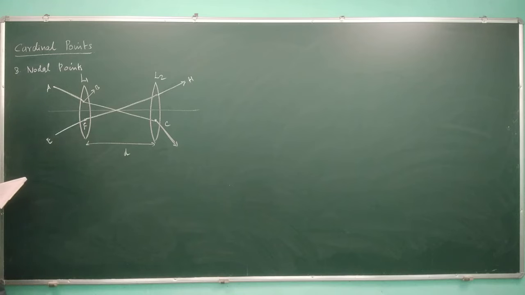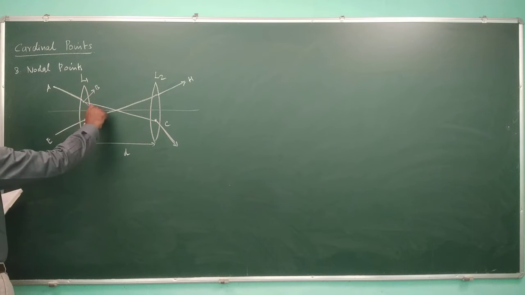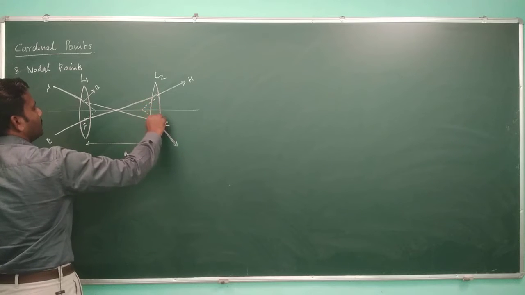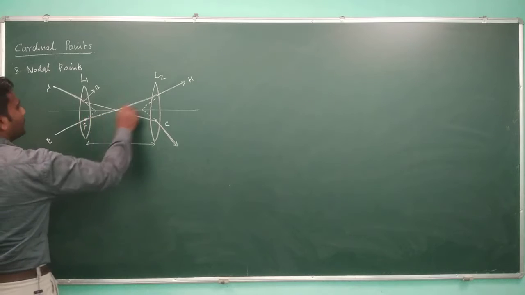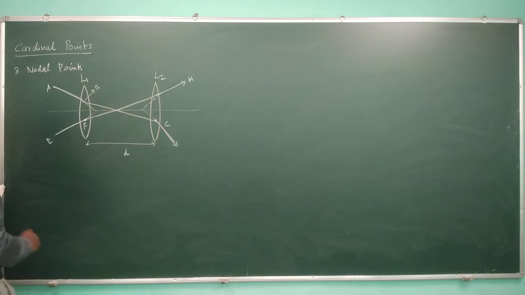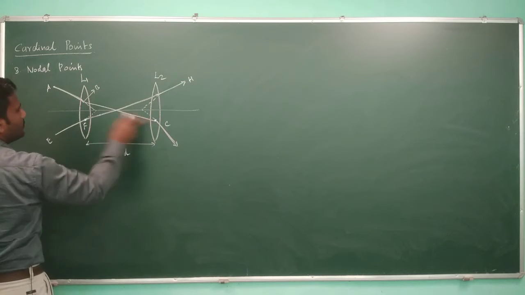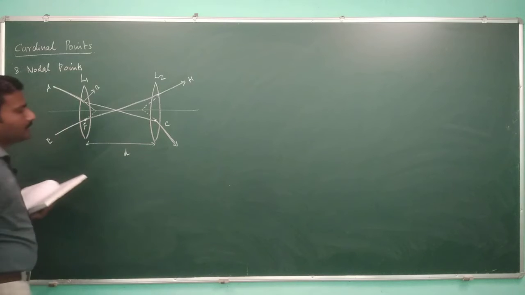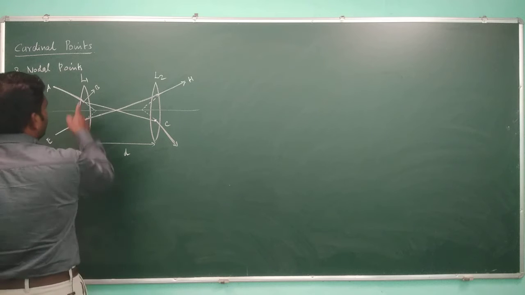Now what happens? Assume that if this light ray is not refracted, it will travel and touch the optical axis at some point here. Similarly, this light ray is not getting refracted. There is a refraction here and there is a refraction here, so the net refraction is 0. Similarly, for this ray, there is a refraction here and here. The net refraction at these two places will nullify each other, so it appears that this light ray travels parallel after traveling through the lens system.